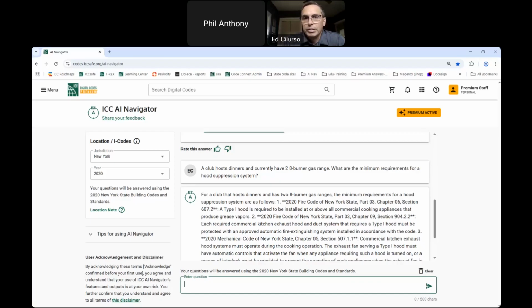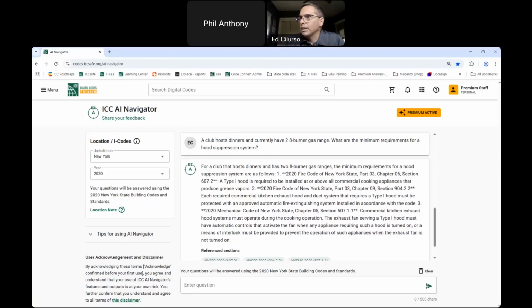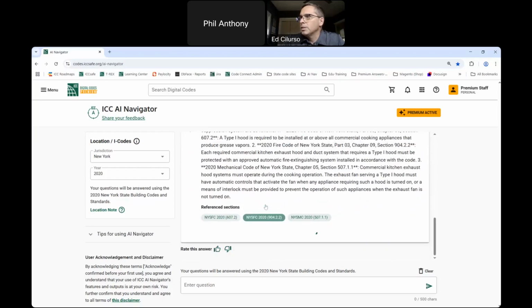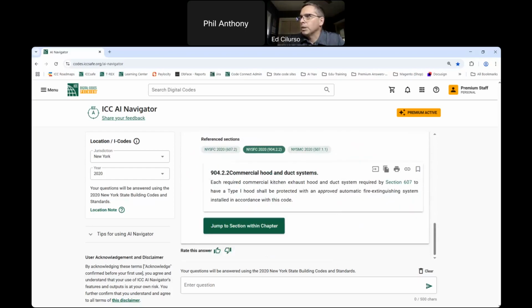AI Navigator is told, if you haven't been 100% sure and told that this is a restaurant, consider multiple sections and provide multiple pieces of advice that may apply to those questions. So it is a good example where if there's anything that doesn't let it 100% pinpoint a single answer, it will provide multiple options. Hopefully that's helpful. There are resource sections there. Like I said, every one of those, it will provide a resource section. It'll allow me to jump into the chapter.